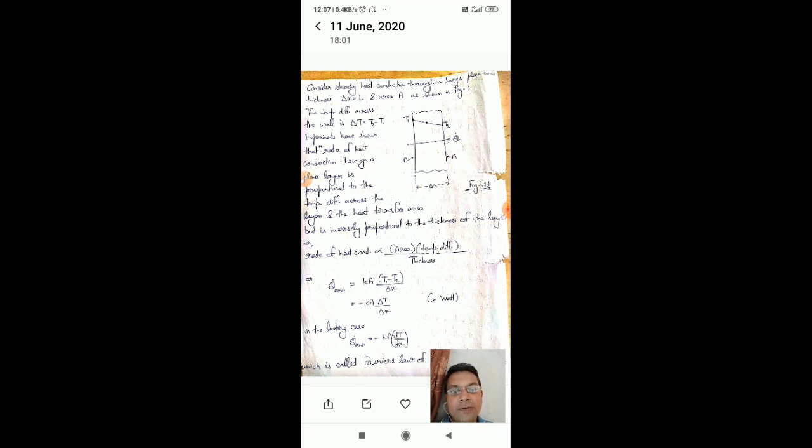of conduction, what I said, the rate of conduction through the plane layer is proportional. Now just look at these sentences. Is proportional to the temperature difference across the layer. What I have just said right now is written up here, that heat transfer depends upon the temperature difference and heat transfer area.